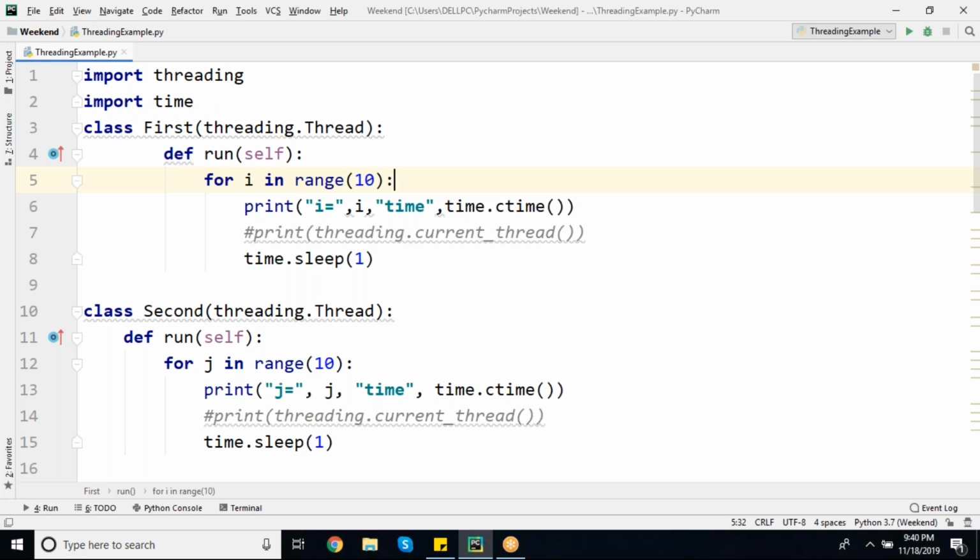Where these kind of proper delays need to be provided, there needs to be proper understanding between the first thread and however many threads there are in your program. For all the threads, you need to have proper delays like this. If you do not have them, it will not behave like a thread. It will behave like a function, and it will simply be a wastage. Remember, first thing.